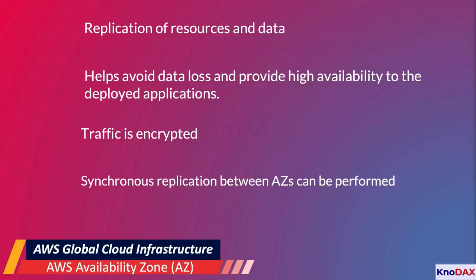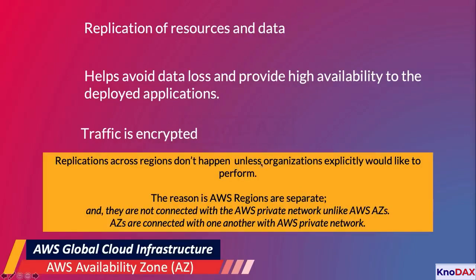Synchronous replication between AZs can be performed. However, replications across regions don't happen automatically unless organizations explicitly want to perform them. The reason is that AWS regions are separate, and they are not connected with the AWS private network, unlike AWS AZs. AZs are connected with AWS's private network,